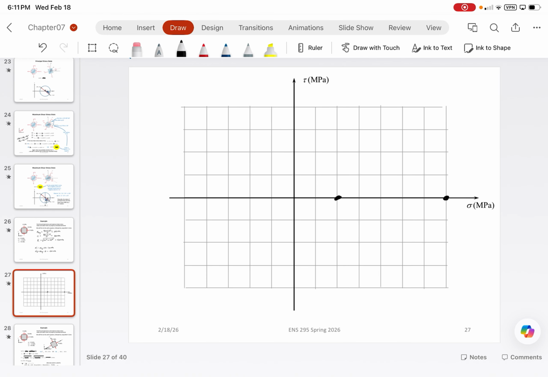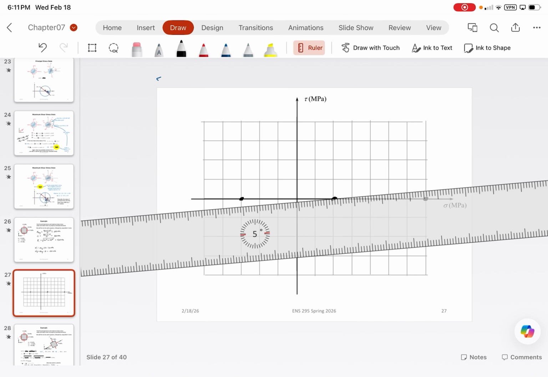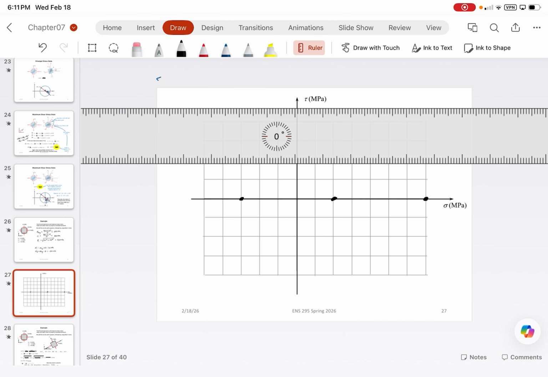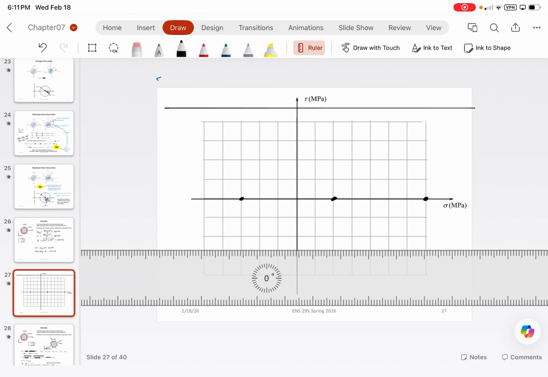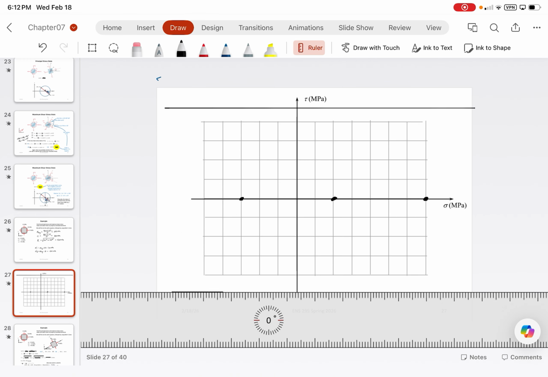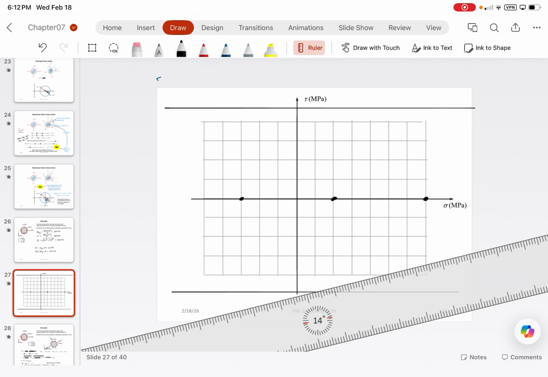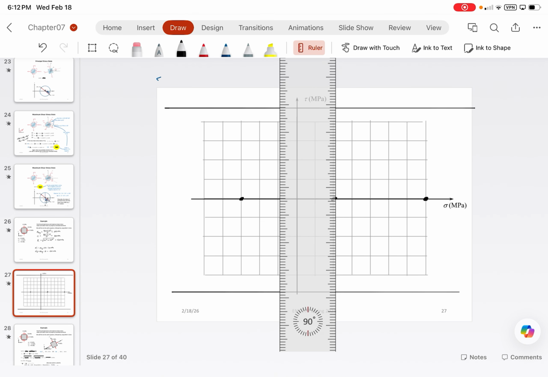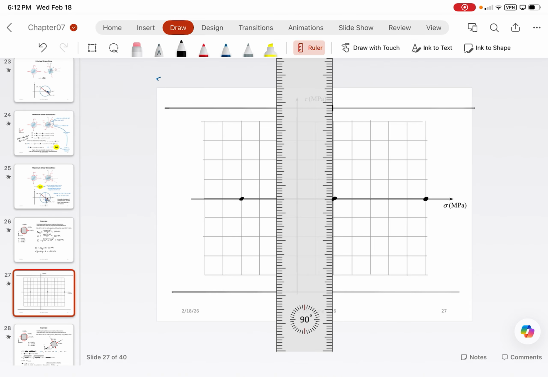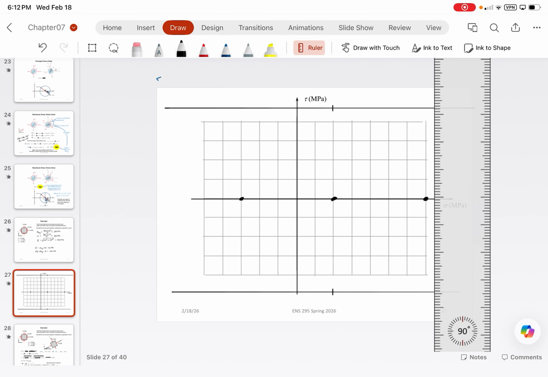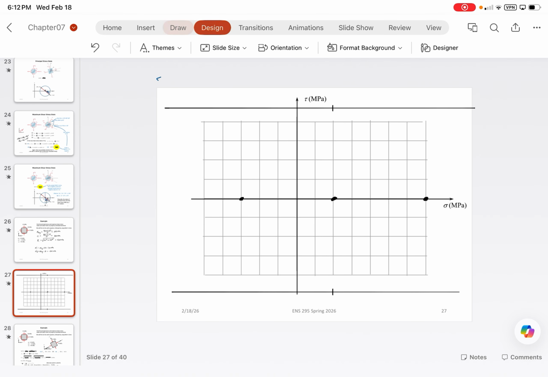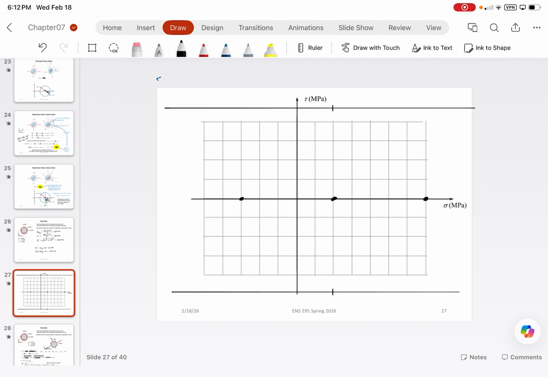10, 20, 30. And then I don't think 1, 2, 3, 4, 5. 1, 2, 3, 4. This diagram is a little bit too short, so I'm going to say roughly here and roughly here, right? Our maximum shear stress is going to occur roughly right where these dotted lines are, all right? And so once we draw this out,